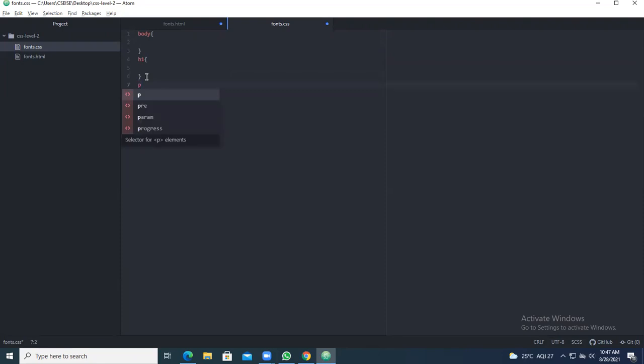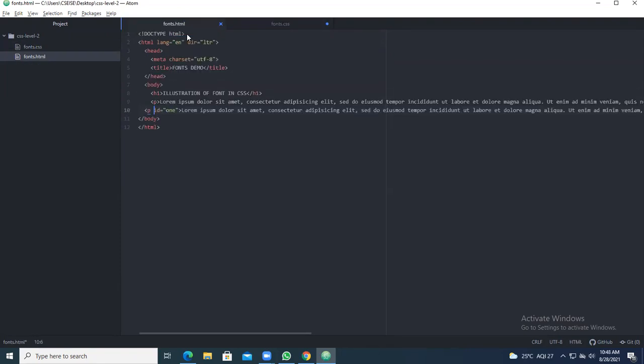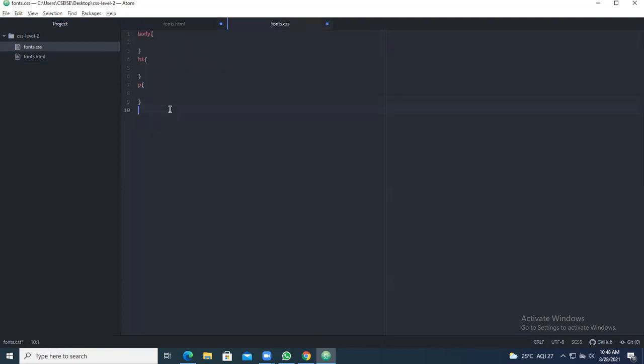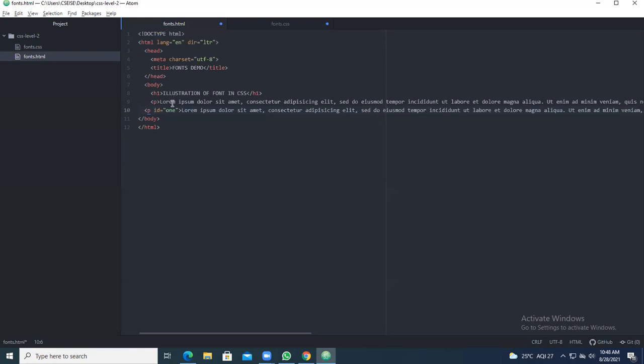Next you have the P tag, and after that the P tag with ID. So how do you give the ID? By using hash 1, because the ID name you have given here is 1.